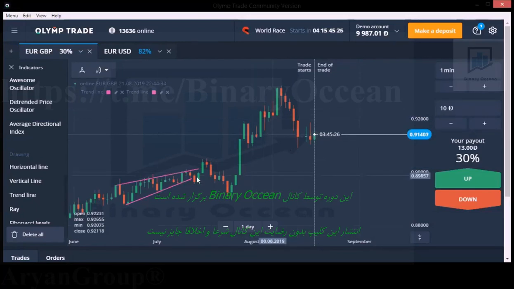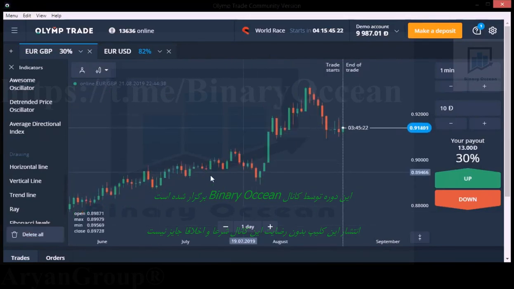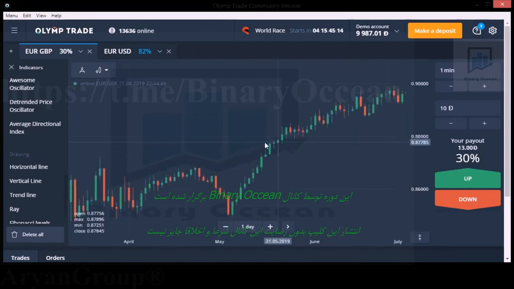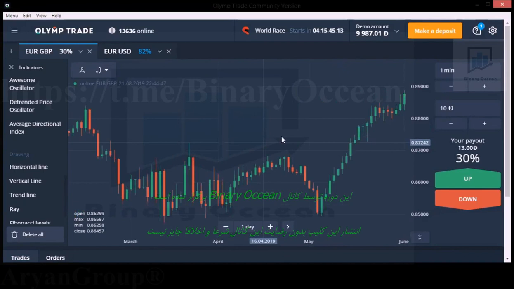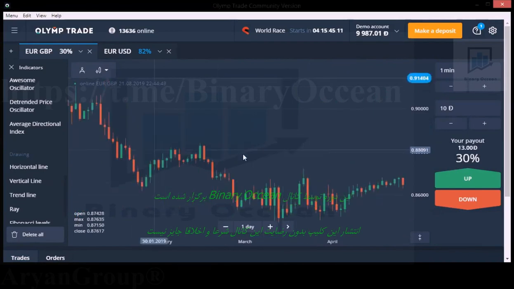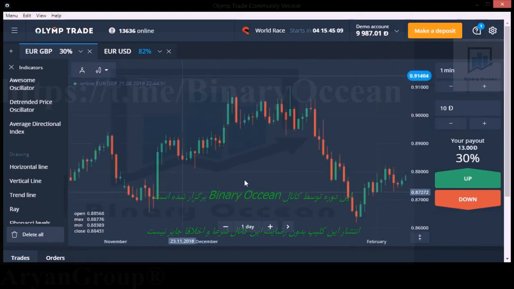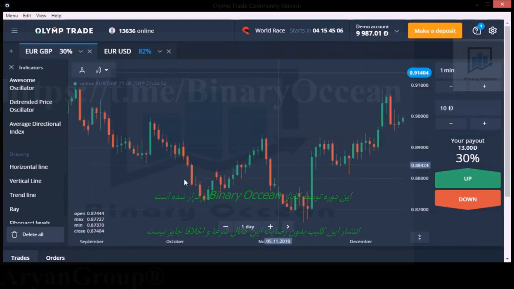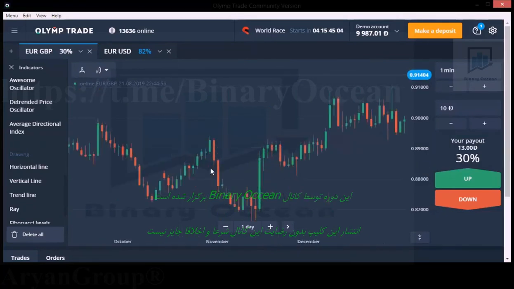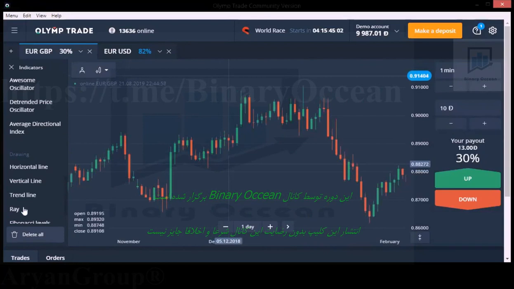So if you get any opportunity, then you will enter into the market with the help of entry points, with the help of reversal signs too. Or if there are strong buyers and sellers areas, then you can enter into the market if you get any confirmation. So you can expect long-term reversal too from the strong buyers and sellers areas.